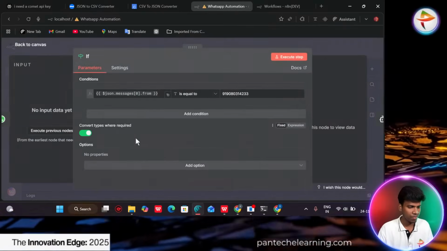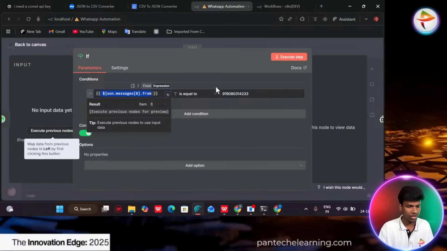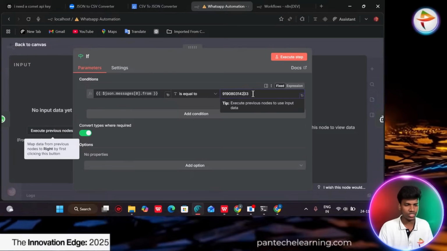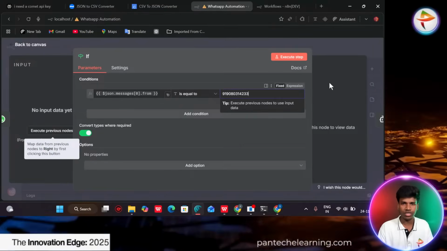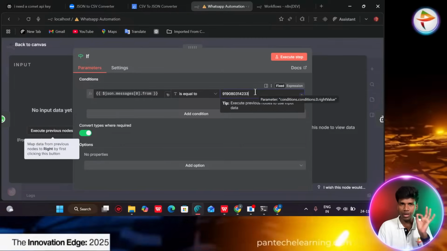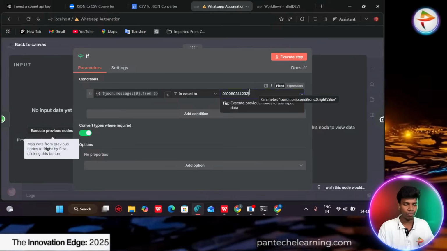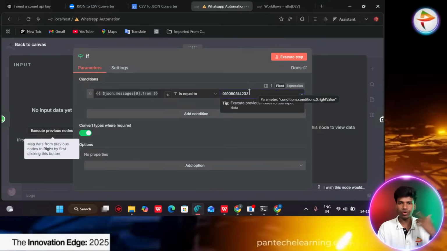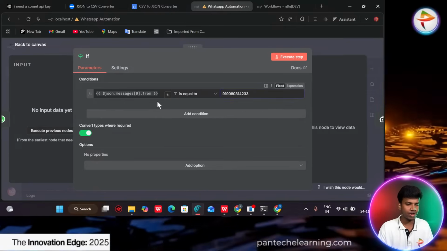You can see the condition: the message JSON message from this equals this number. The recipient number we have to provide, right? The 87541, our official number. Only when that particular number sends any message can you give a reply. Otherwise you don't reply to other unwanted messages. That is how we provide the condition.